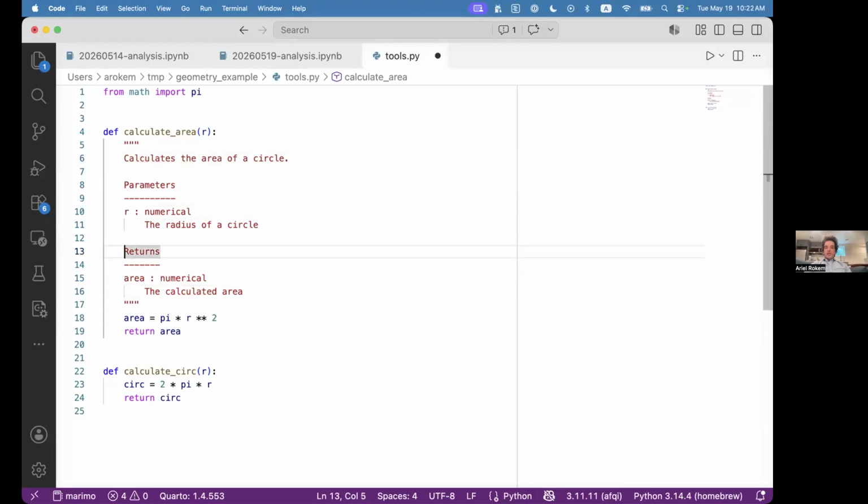So this thing calculates the area of the circle. It has parameters. It has returns. So it returns a numerical, which is the calculated area. It takes as input a numerical, which is the radius of a circle. This is formatted in a very particular way. This formatting of the